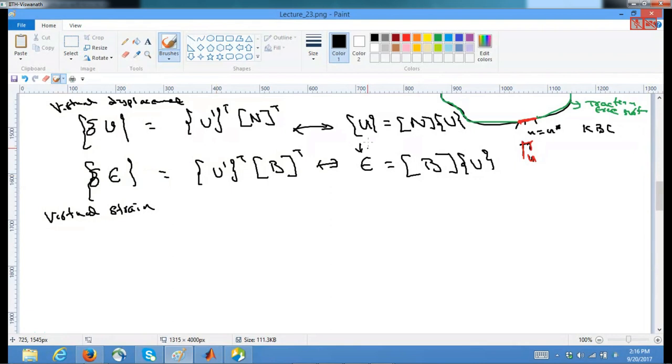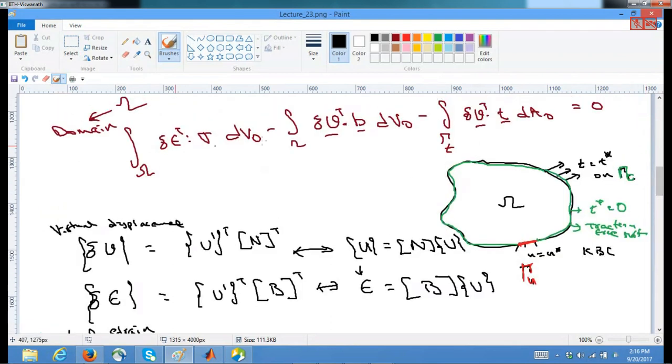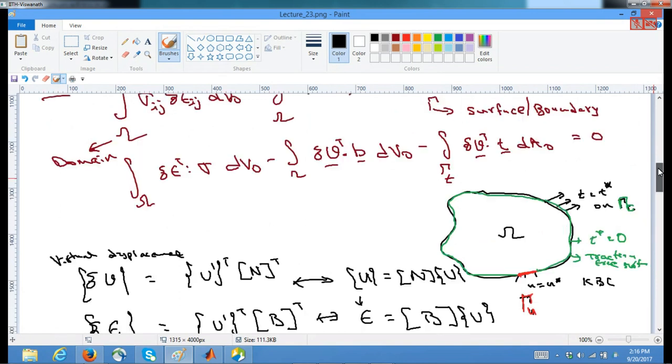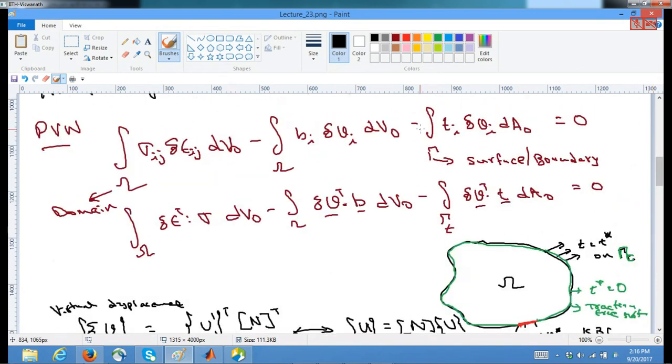Okay, this to here is this one, and hence from this to here is the virtual strain. So now we have this term virtual strain that goes in the first term, and then virtual displacement, then all other stuff. So let us rewrite this value as